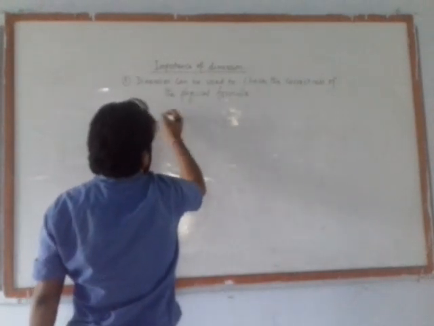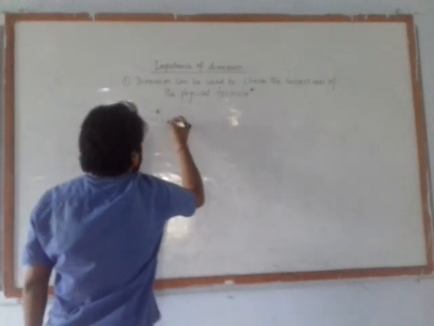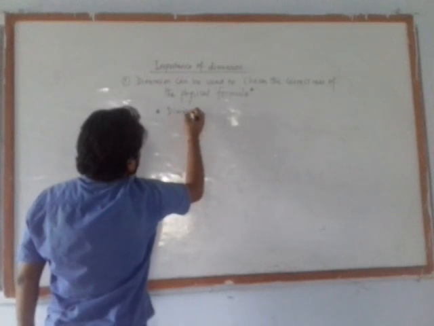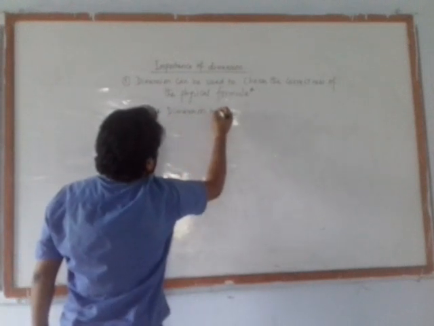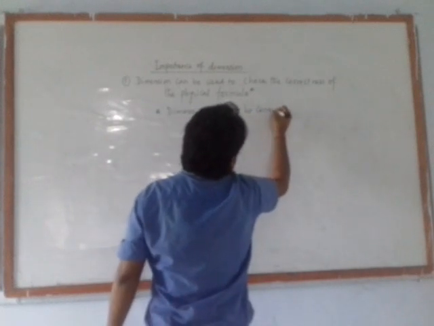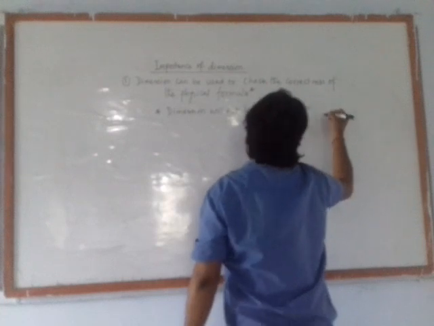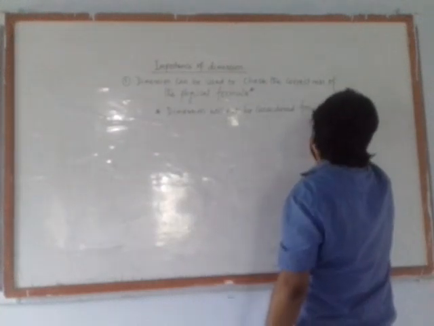Here, at physical formula, I am putting a star. The meaning of the star is that dimension will not be considered for integers